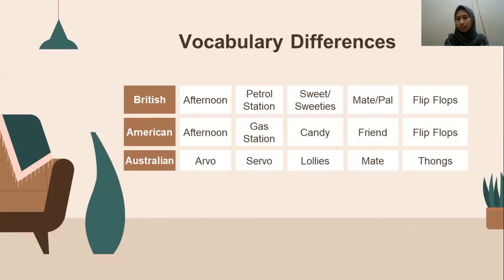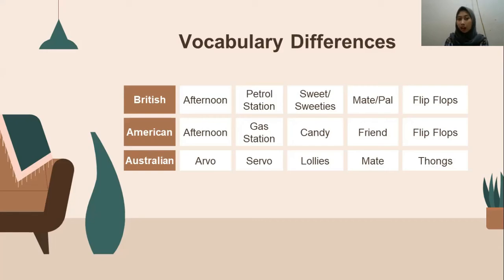The next material is vocabulary differences. A strong accent in language can make things difficult, but the real problem is the differences in vocabulary and slang words. Combine several different accents and a lot of foreign slang words, and you will most likely have a bunch of Americans, British, and Australians who can't understand each other. Here are some of the vocabulary differences from the three accents.